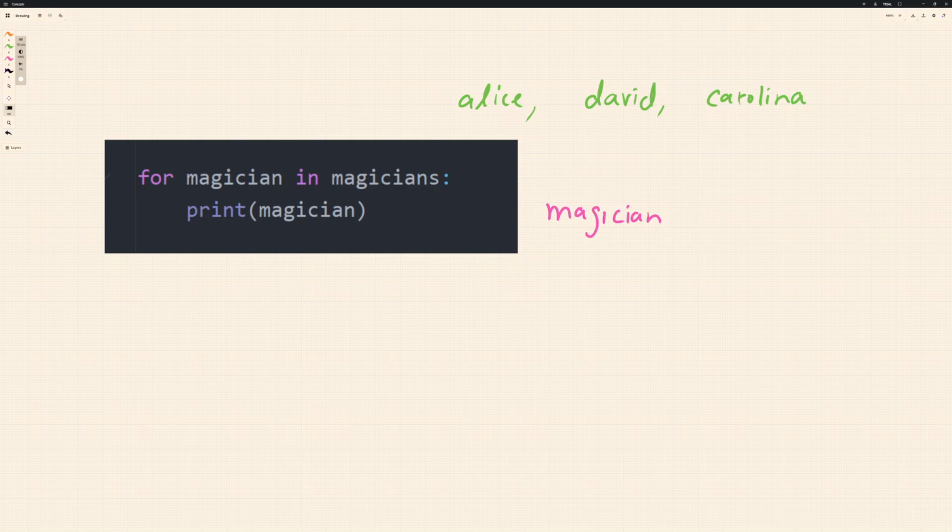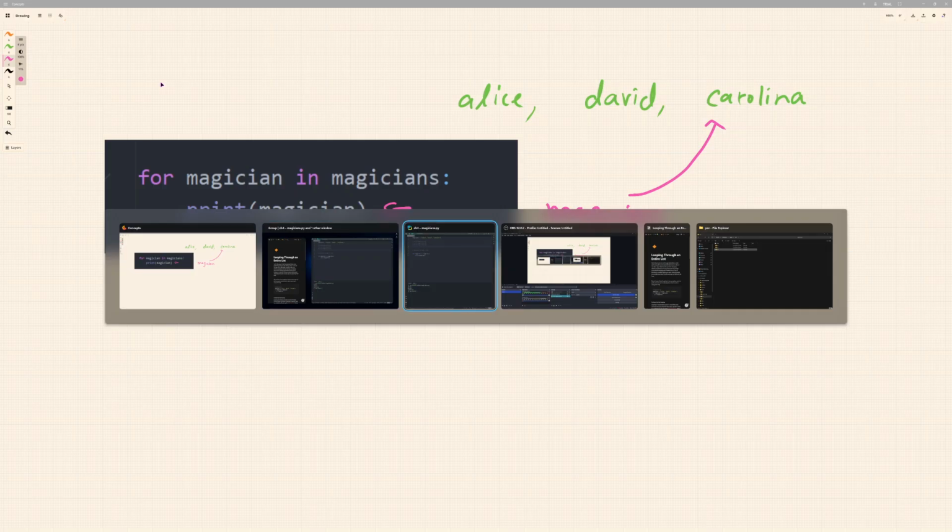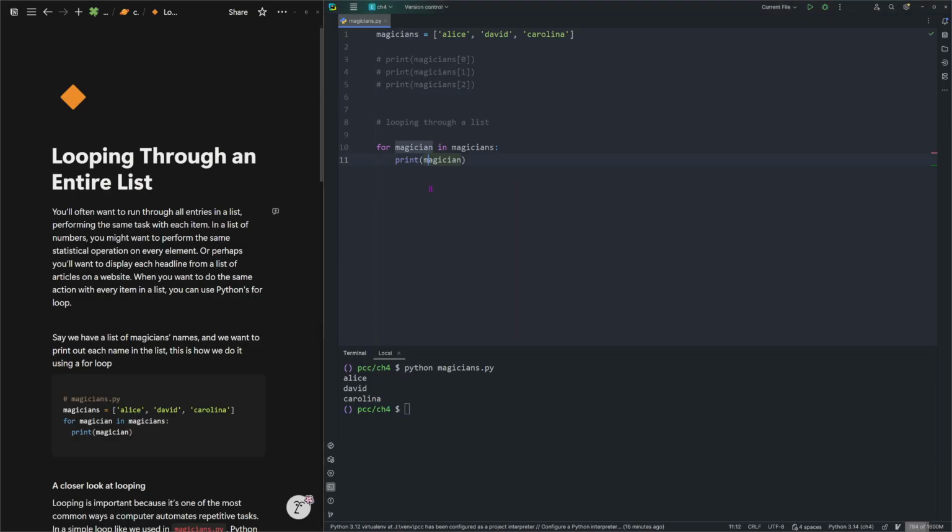And then finally we will print it. So, and now magician would be Carolina. And as you can see, the list is complete. So we will be out of the loop. That's the basic idea. So let me go back to our screen and I can do out of the loop